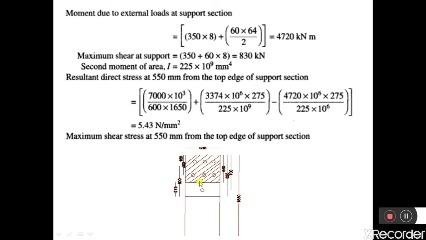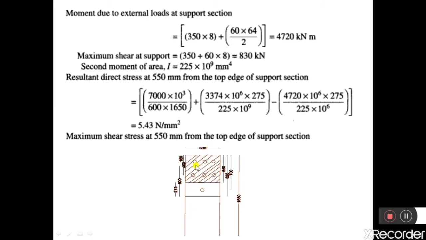So we should calculate principal stresses along this plane. In our previous problems, we were calculating the principal stresses along the centroidal axis. That is, we were calculating the principal stresses along this plane. And now it is being asked to calculate along this plane at a distance of 550 mm from the top. So let us consider